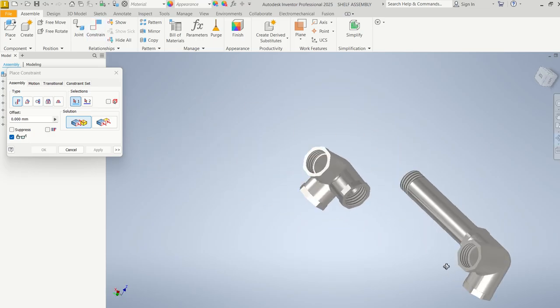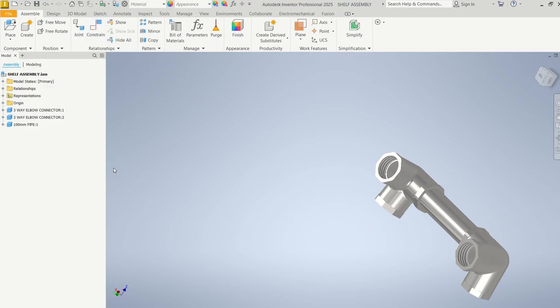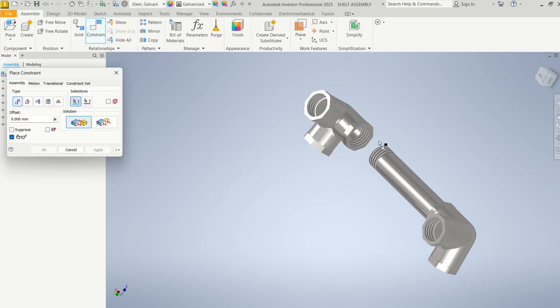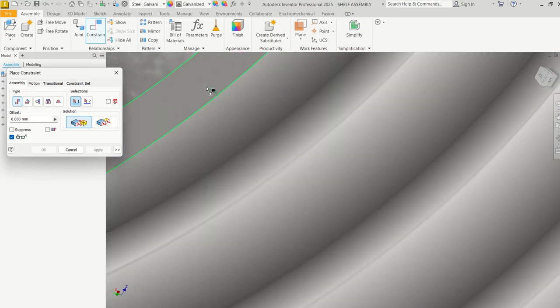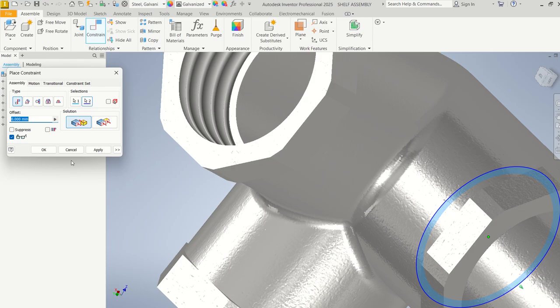So spin it around, and let's try it again. So let's get that axis line there, constrain to that axis line there, apply, grab it, it should slide out, which it does, constrain, go find the seat, and constrain it to that,